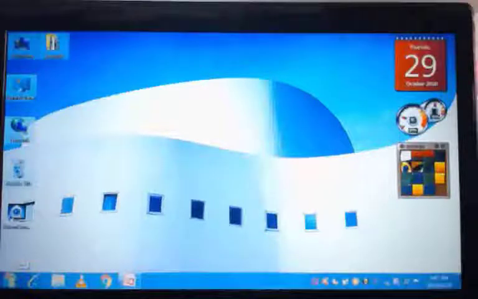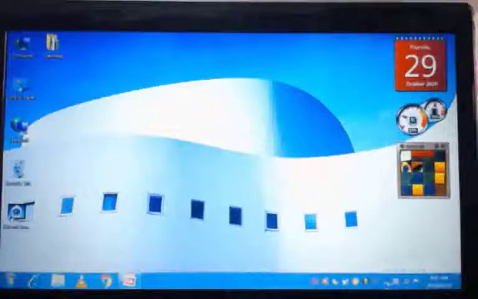Then here you have a button. When you take the cursor on that, it shows what it is. This is called the start button. And here at the bottom you can see this full blue bar. This bar is called the taskbar. And here is the notification area, where you have the internet settings, connections and timing. It shows the time and date. These small apps on the right side of the desktop are called gadgets. And this whole background picture is called the desktop background.